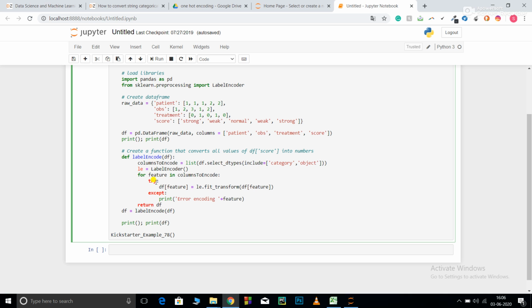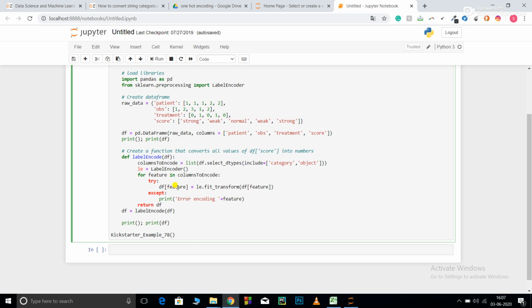One more thing, try and except, these are two very important things that you should know. So try basically just means attempting something, whereas except handles the case where you get an error, in case it is not able to encode that, it will just print a simple message of error encoding plus the feature name. Instead, if you don't use except and it finds an error, it may give a random 100 to 200 lines of error or 50 lines of error, which doesn't look so aesthetic. So in order to prevent that, you can do this.